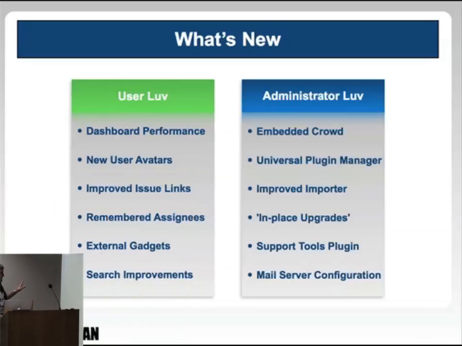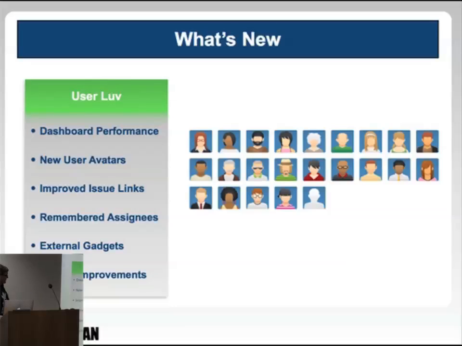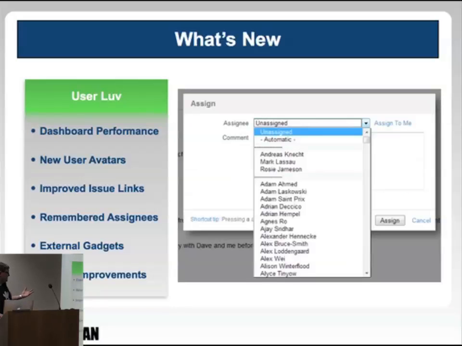Again, this is ordinarily an hour talk. I'm going to go through at high speed and touch on some points. You have the same avatars and user experience now in 4.3. Issue linking has been improved. It's a lot easier to manage the links. It used to be kind of painful. When you go to assign issues to people, if you're working on a group of issues, it'll remember that you've been assigning them to this team of people, and it'll come back and help you by suggesting out of